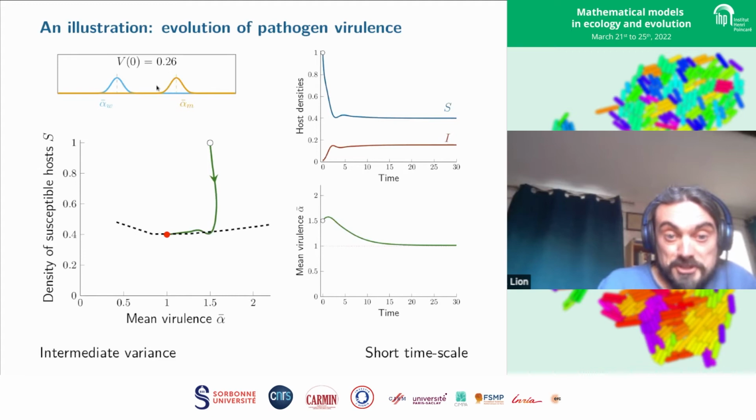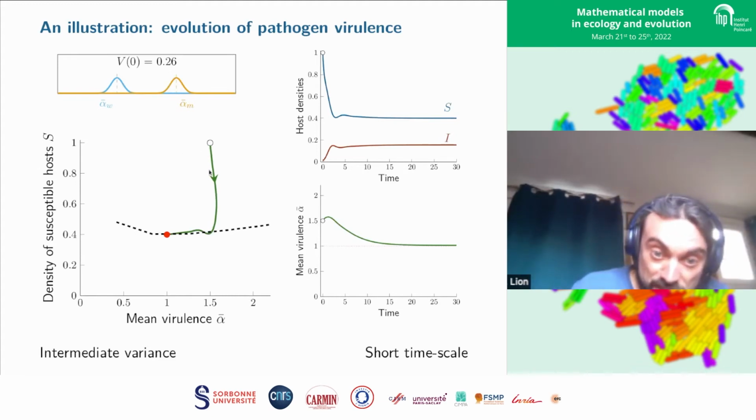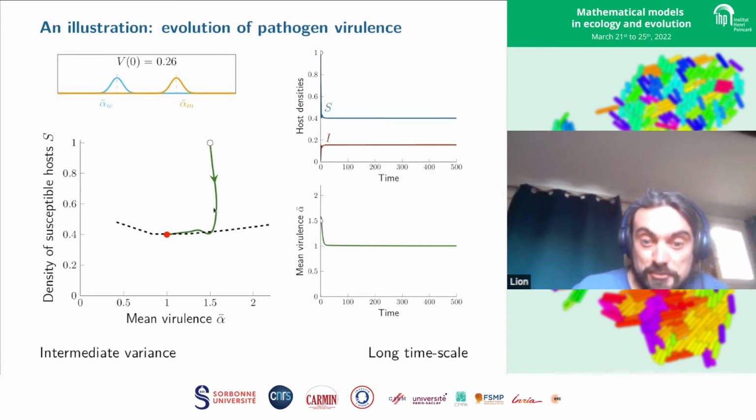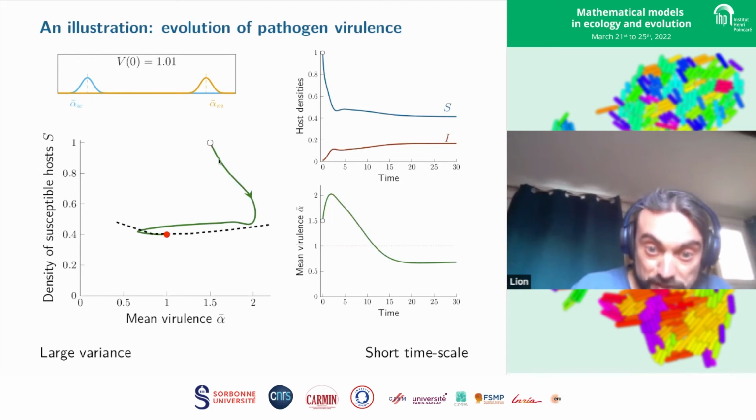So that's the theory I presented. But now if we have two peaks, then we can see that we still have this separation of time scales, but it's not as clear cut as before. But it's still a good approximation, even though the variance at the population level is much higher. But then if we look at, again, a stronger selection with two very different morphs, we have a completely different picture, where basically the phase portrait is very different.